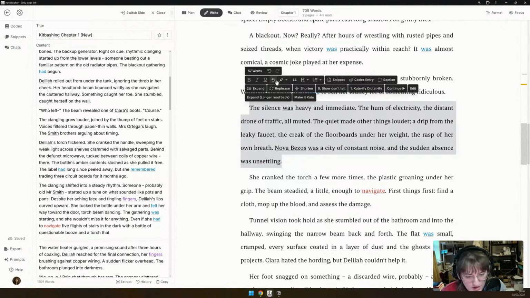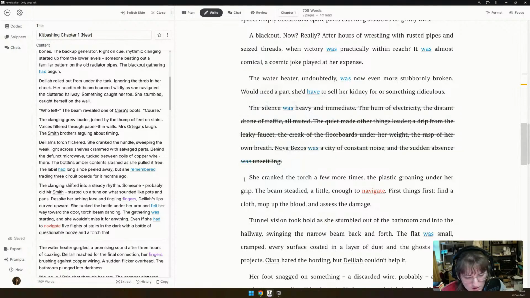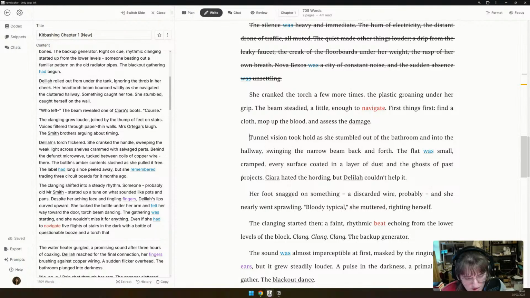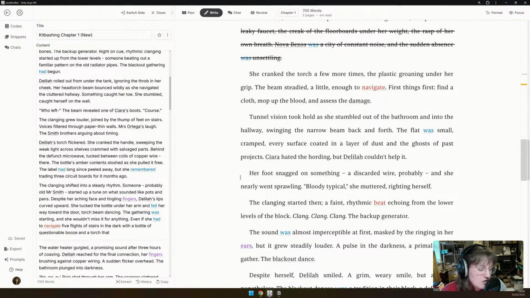Don't like that. Okay, so what I'm seeing so far with Gemini 2, it is doing a lot of telling. It's mentioning a lot from the codex. It's pulling in a lot.